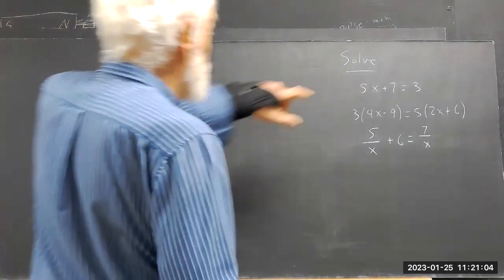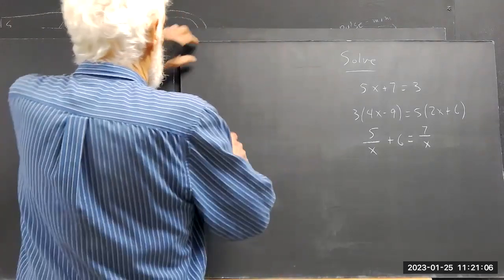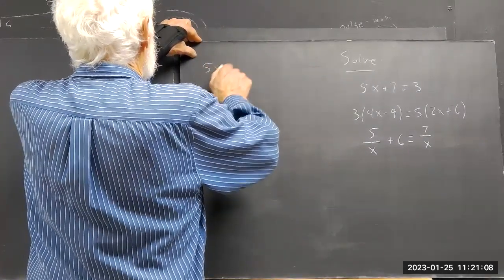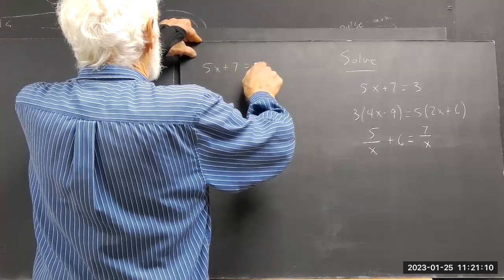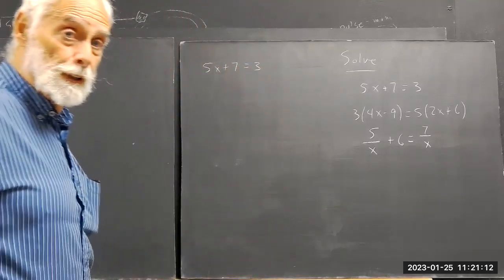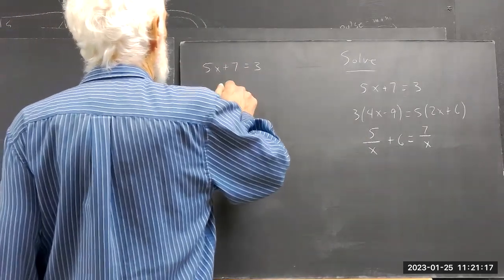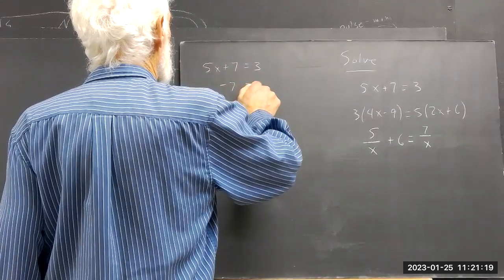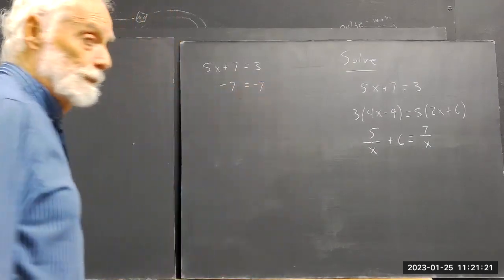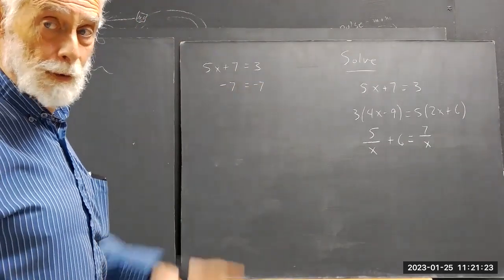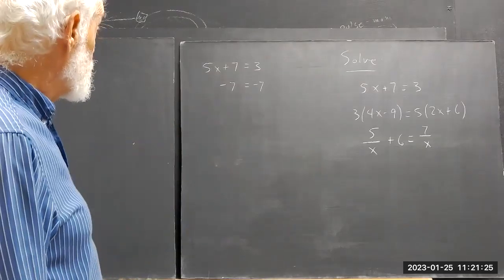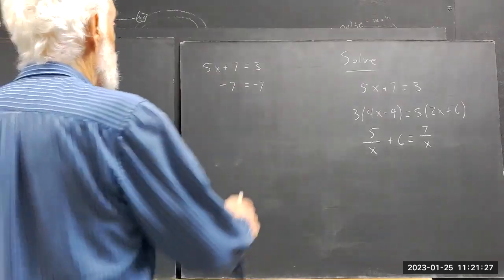I didn't this time. Okay, so 5x plus 7 equals 3. You subtract 7 from both sides. Alternatively, you can add the equation -7 equals -7. Okay, so you have two ways to write this step. The other way,